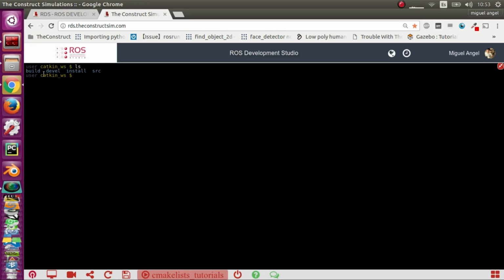So we have a build, a devel, and an install. The thing that interests us most is the install. So let's get inside. And you have two folders that are really important for the installation: share and lib. These folders will be installed in different paths. So if